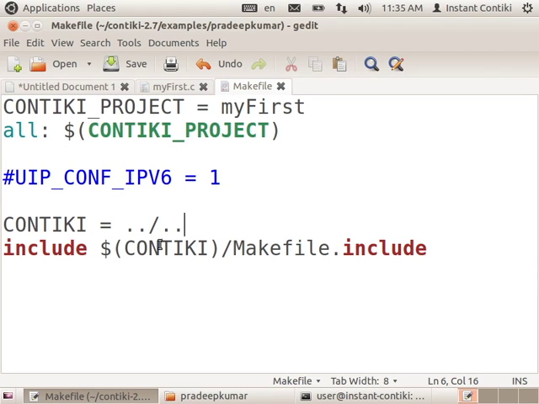And include $Contiki. That means this Contiki slash makefile.include. So there is a file called makefile.include in this folder. Include that also. When you go for a compilation, include that also. So that is the reason it is given. This is the second file I have written. Third file,